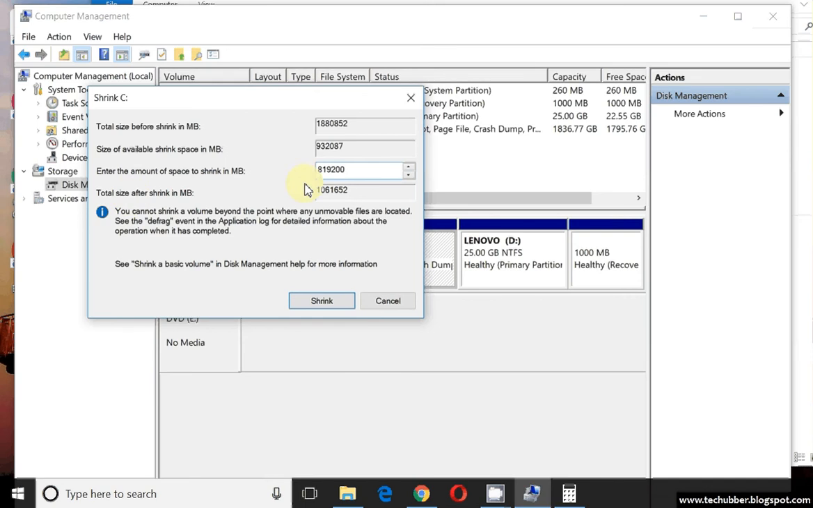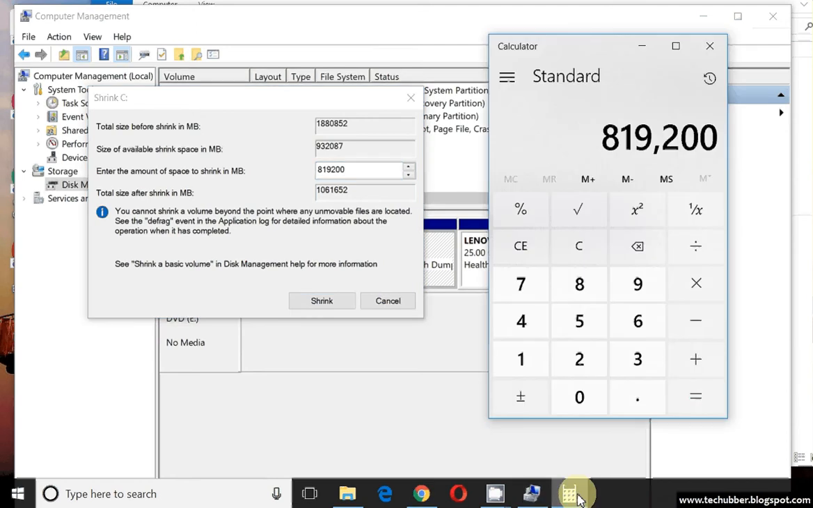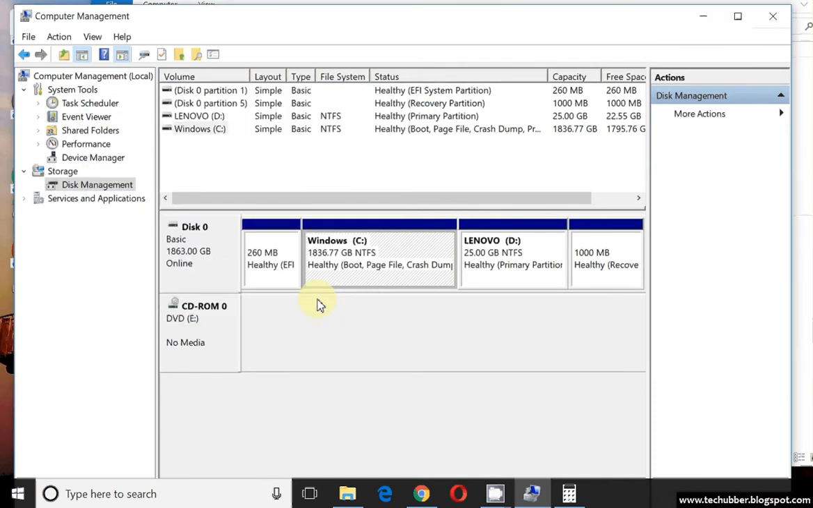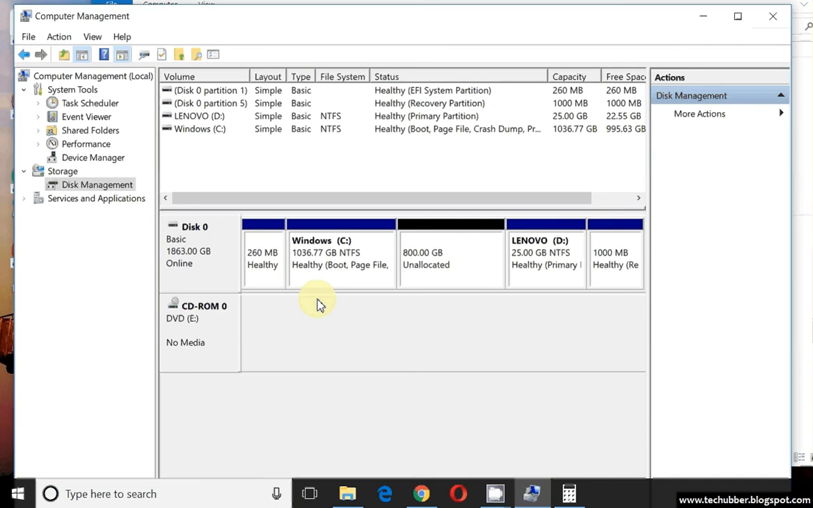Okay, so the total size of the C drive after shrinking is this much. Let me see how much in GB that is. 106,1652 divided by 1024 is above 1 terabyte. So that is okay. I'm gonna go ahead and shrink. The size of the C drive has been reduced to about 1036 GB, and there is 800 GB